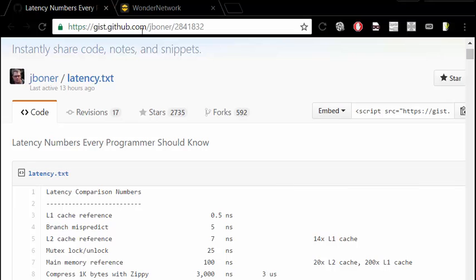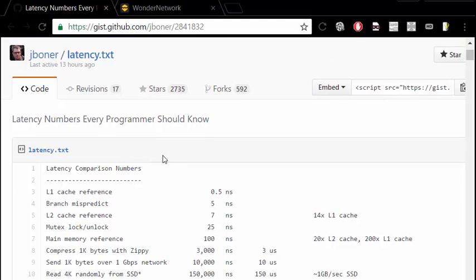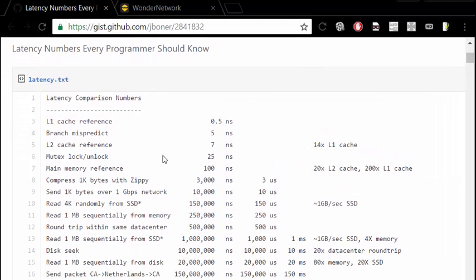Now I didn't compile the data. I just looked for someone who seemed to have a good list, and this was from GitHub, jboner. That's the address at the top. You can take a look at it. I'll try and put it in the slides and reference it where possible, but I'm just making sure everyone sees